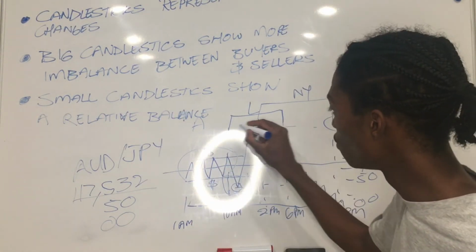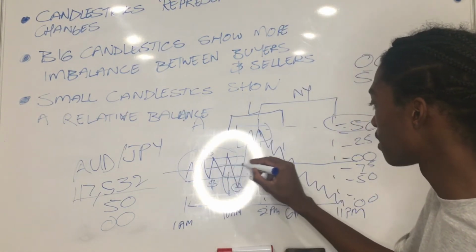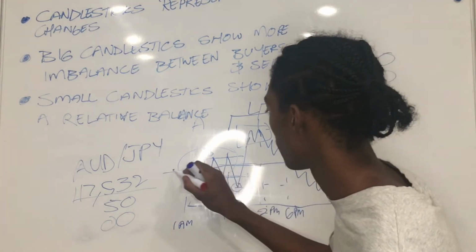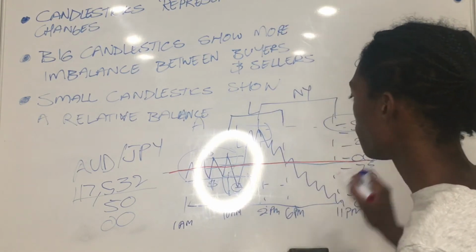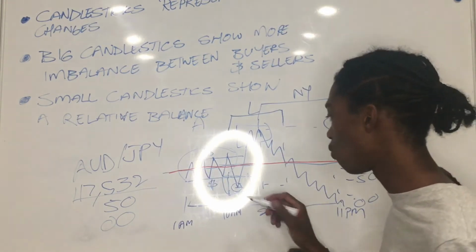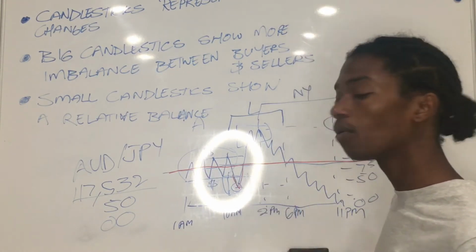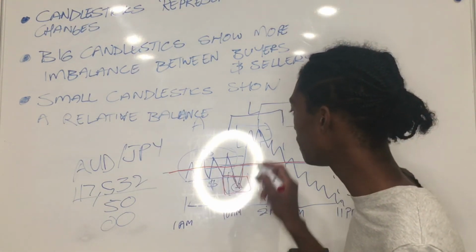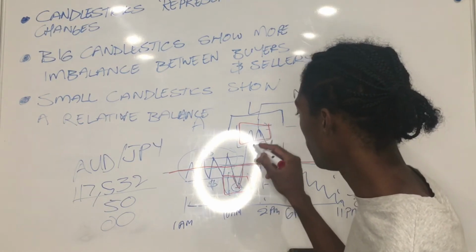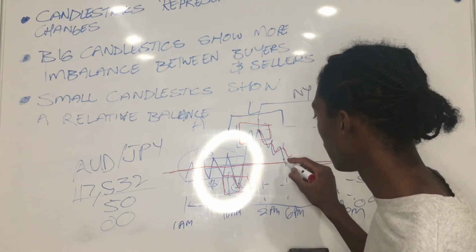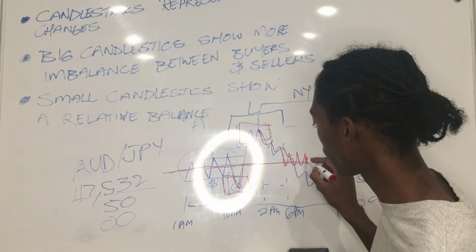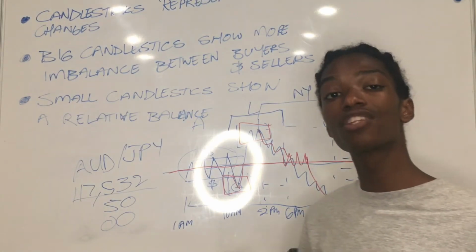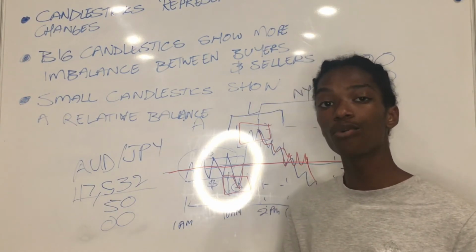Again, when prices move away from these fair value areas, remember, let's just use a red line for this fair value area. When prices trade away from this fair value area, they want to come back to it. So they'll trade fast outside, maybe they'll rush back in and then consolidate a little bit around the fair value area and then shoot again to the downside, because the charts always want to match both buyers